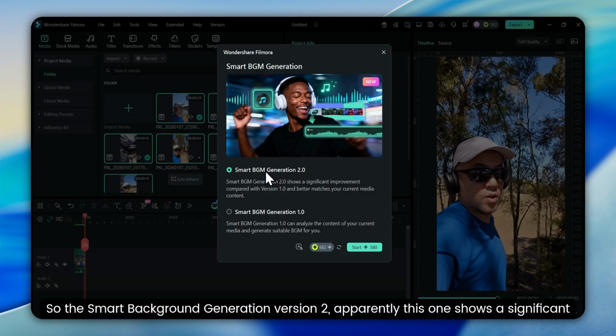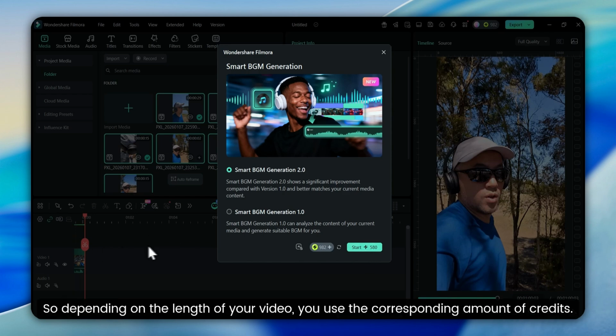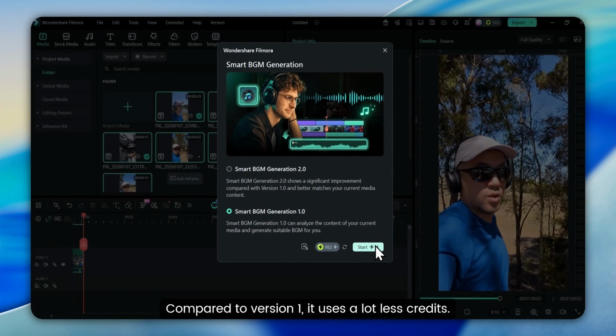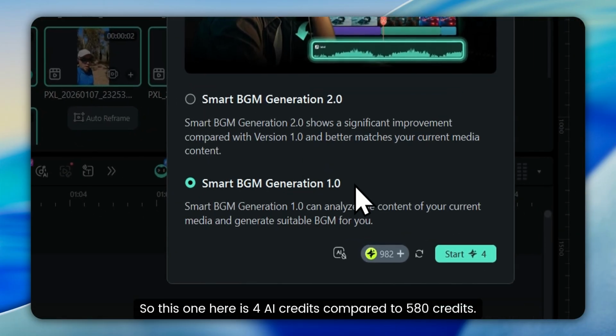So the Smart Background Generation version 2, apparently this one shows a significant improvement compared with version 1. So I'm just going to compare the two. Now you can see that with version 2, it uses up more AI credits. So depending on the length of your video, you would use a corresponding amount of credits. Compared to version 1, it uses a lot less credits. So this one here is 4 AI credits compared to